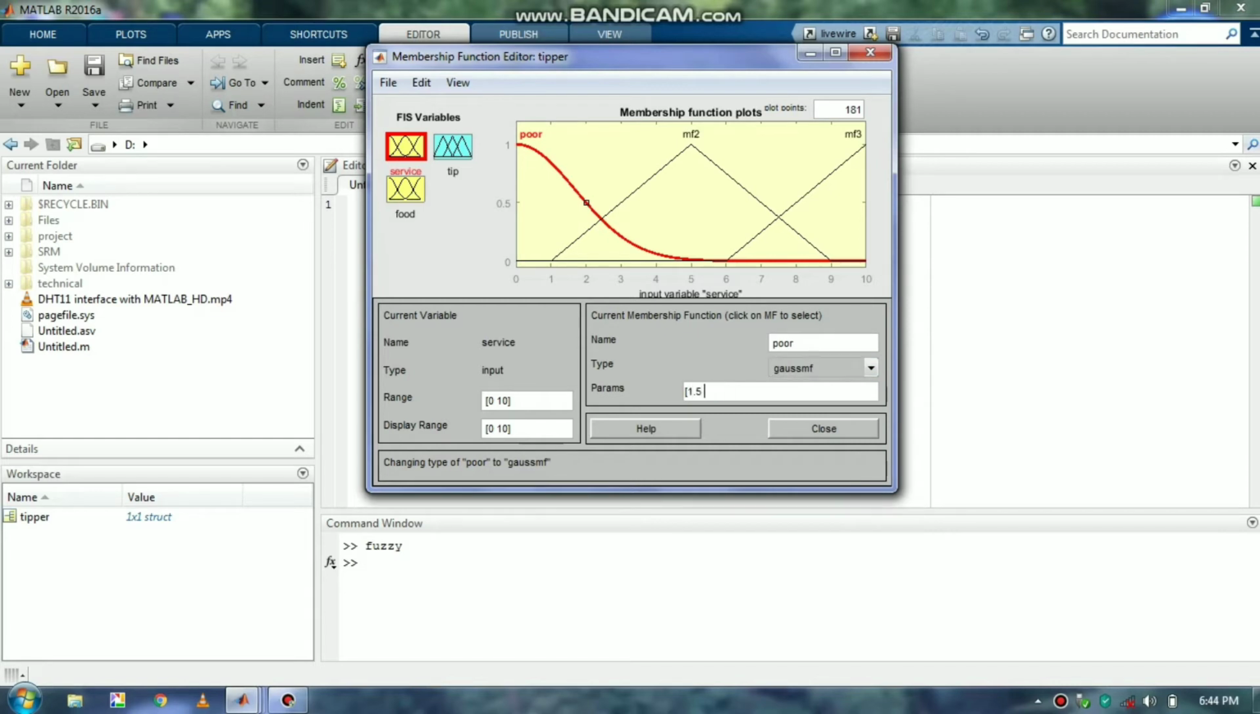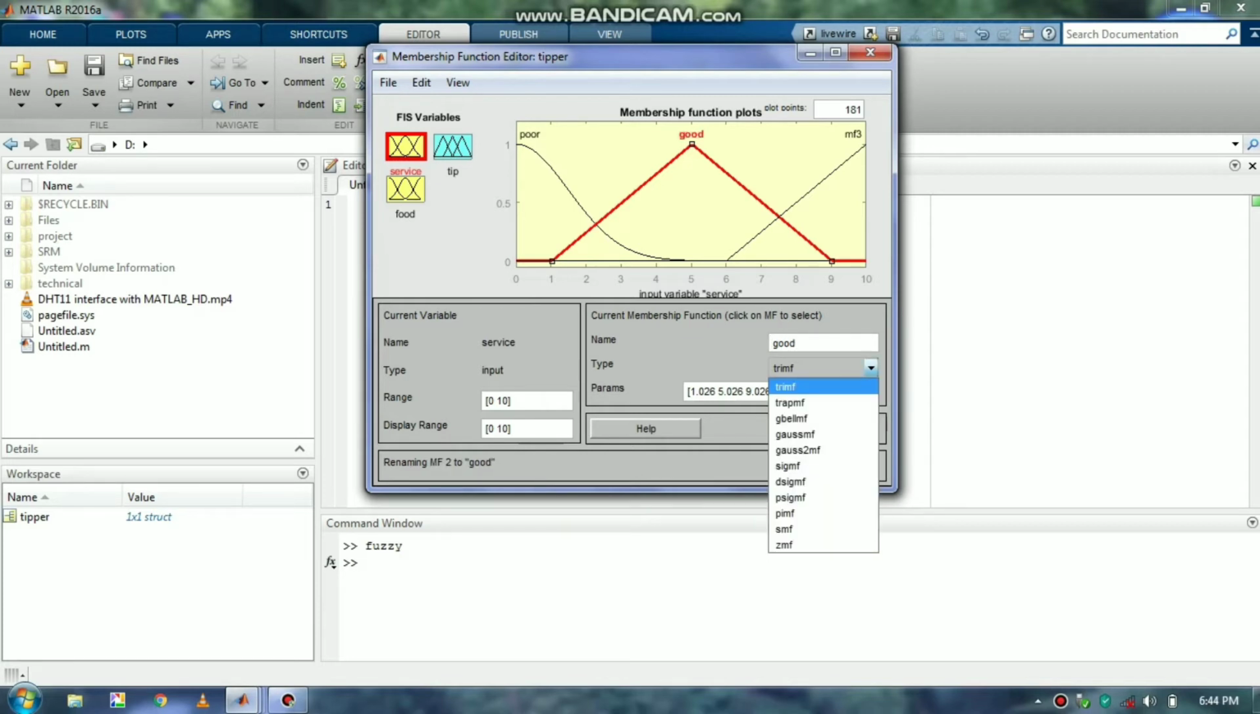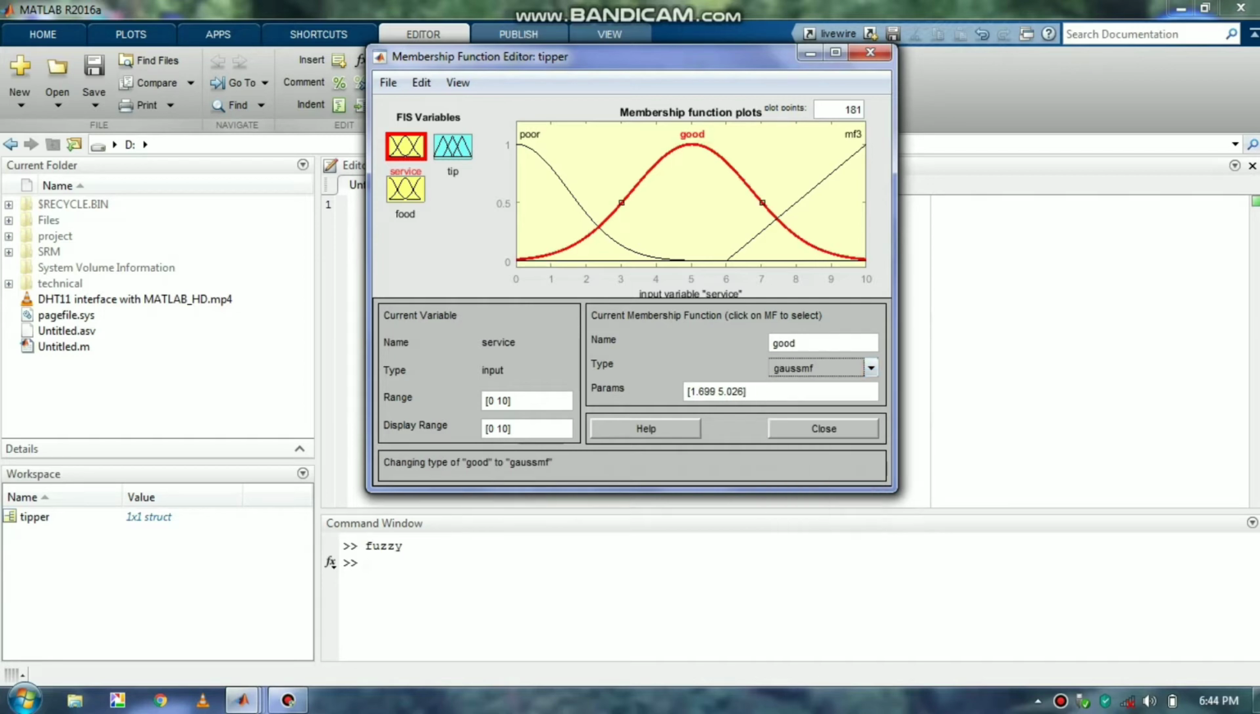Okay. Next to that MF2. In MF2 I am giving a name as good. Then Gauss MF I am going to give a range as 1.5 to 10. Next to that MF3. In MF3 I am going to give a name as excellent, the same Gauss MF. Then go to parameters, and here I am applying 1.5 to 15 or 10. Then click OK. As per us, we want to give it for all those 3 elements, 2 inputs and 1